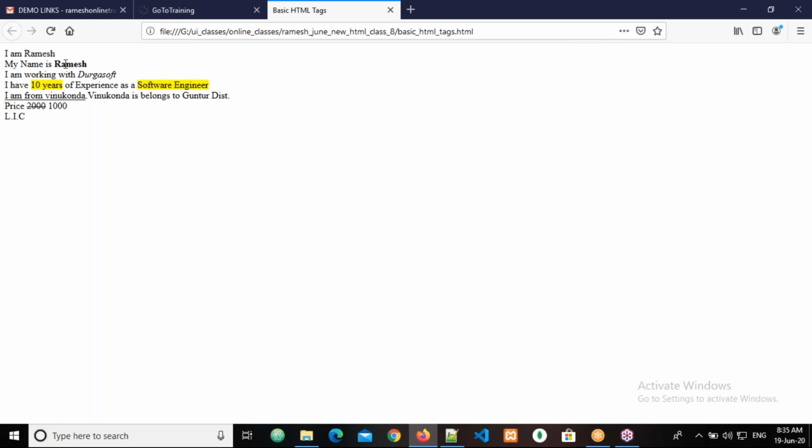Suppose you see here the strong tag, I did not write any attributes, but that bold functionality has been applied automatically. I tag, italic functionality has applied. Mark tag, yellow background has applied. INS tag, underline has applied. Strike tag, striking is applied automatically. So those tags have some predefined functionality. But this ABBR tag doesn't have any functionality by default. Only when we apply a particular attribute will it work.